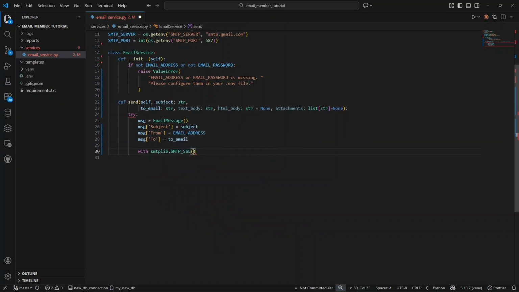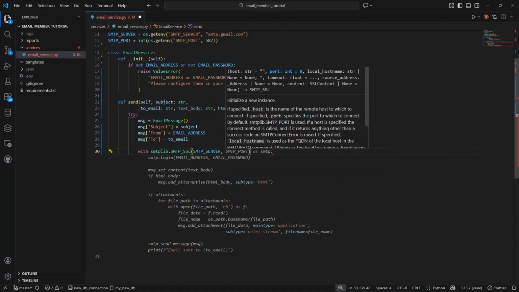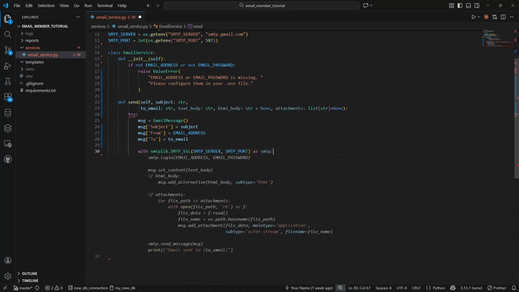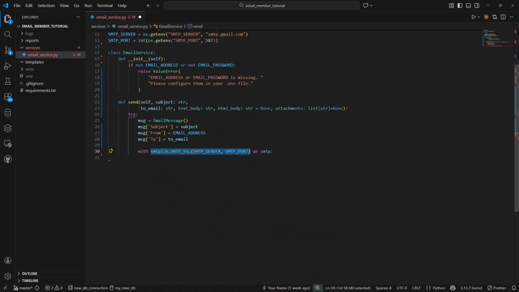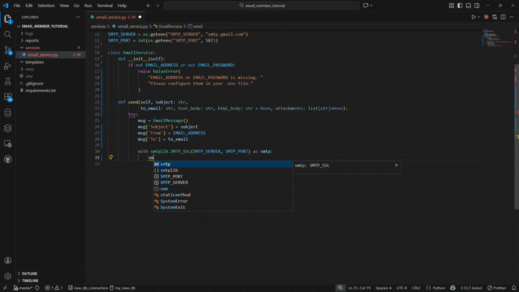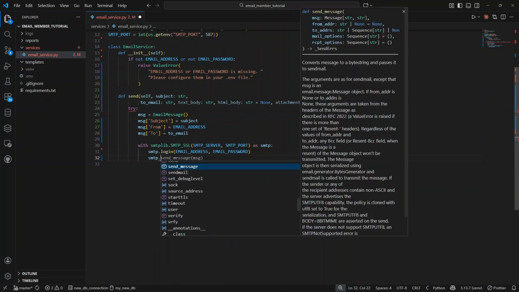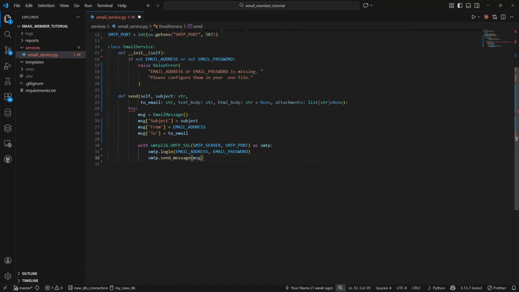Okay, now here we first need to pass our SMTP server and then SMTP port as SMTP. Now this connection will be referenced inside this block as SMTP. Now once this is done, let's log into the SMTP server with the given email and password. Once it's done, we can just do smtp.send_message, and our message is passed inside the send message,